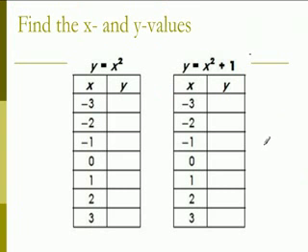So the first thing we have to do is find the y values. So we're going to substitute x in for x squared. So negative 3 squared is 9. Negative 2 squared is 4. Negative 1 squared is 1. 0, 1, 4, 9. Now, negative 3 squared plus 1 is 10, 5, 2, 1,